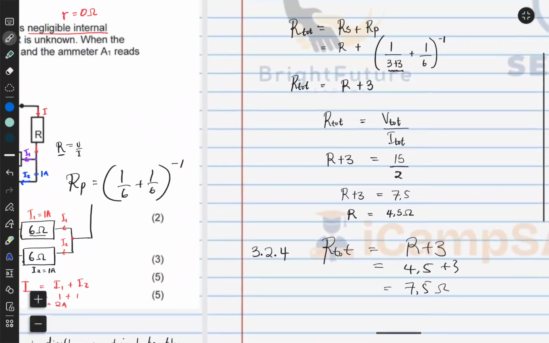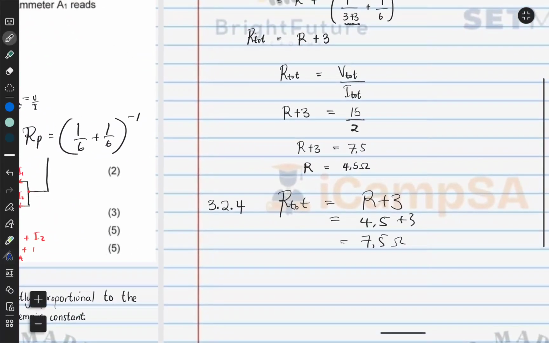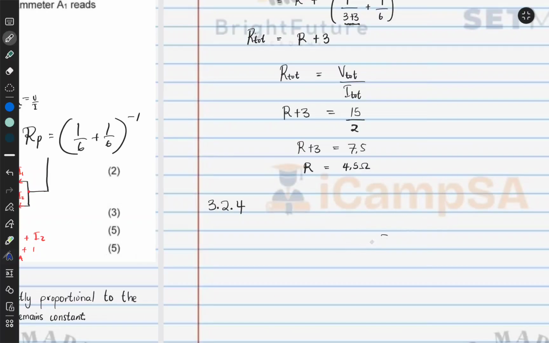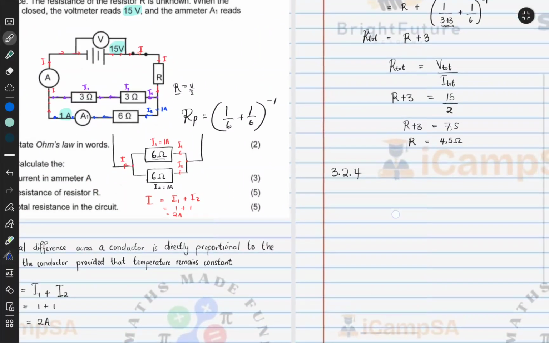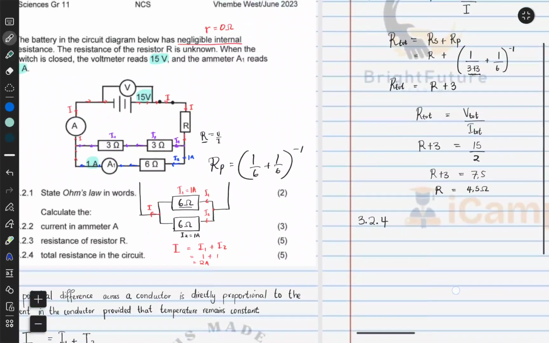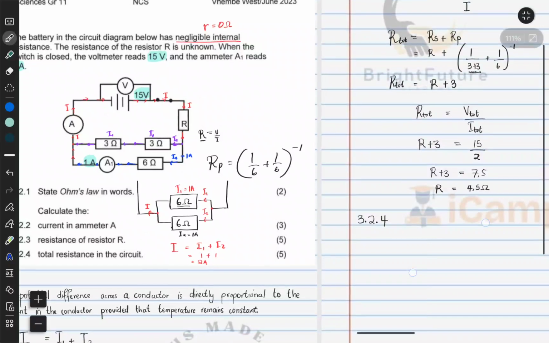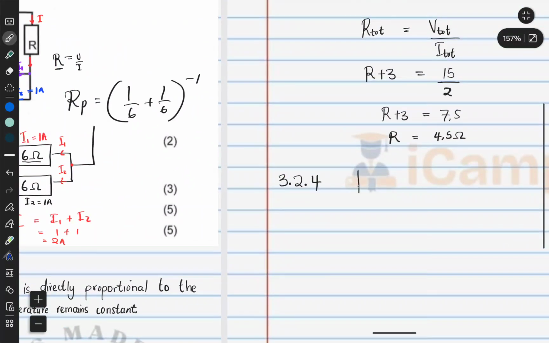The reason for that is this thing is 5 marks, okay? So if I do this, I doubt that I would get 5 marks even if they start marking from here. So yeah, I think the way it was set up, this question was a bit weird in this part, but let's try and assume that we didn't know that R. So the most basic way of finding the total resistance, we would go back to our formula and say